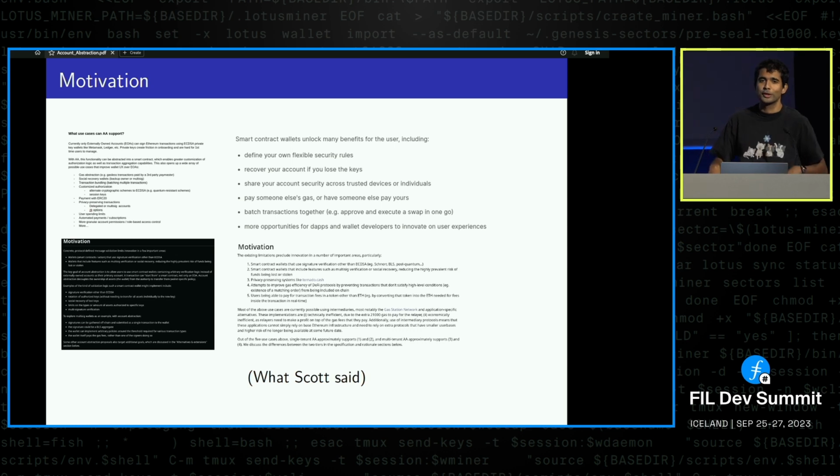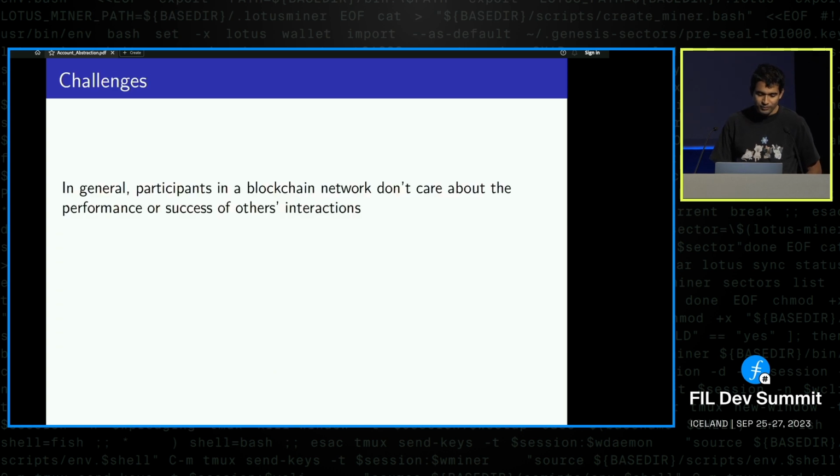Motivation. I started to put together a slide over here, and then remembered, number one, that Scott was already going to cover this. Also, the internet is full of motivations for account abstraction. So here are some screenshots of folks motivating account abstraction, and if you are interested, you can read EIPs, you can read FIP discussions, and there's some great blog posts as well. For the rest of the session, we're going to take as axiomatic that this idea is already sufficiently well motivated based on what the internet has said and based on what Scott has said. So I'm skipping that entirely.